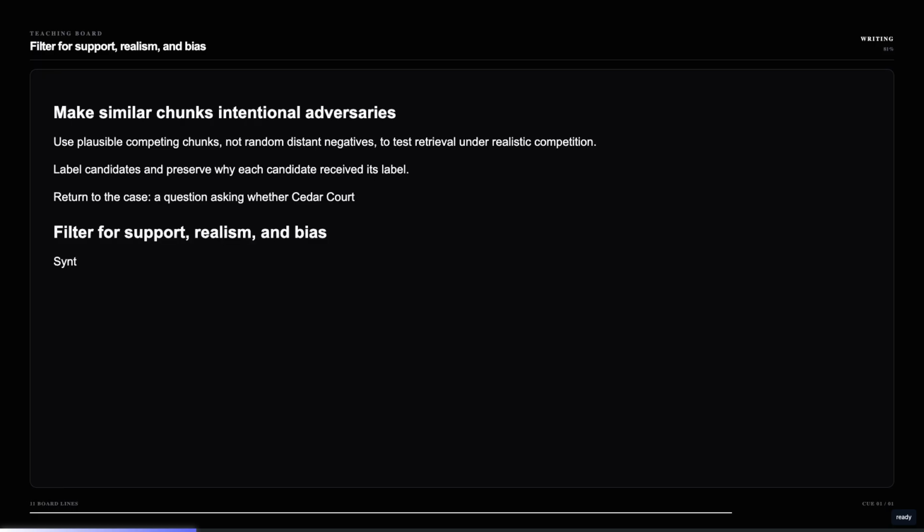Synthetic records need two different validations. Support validation asks whether the proposed answer follows from the cited source chunks and whether every material claim has support. Realism validation asks whether a person would plausibly ask the question, whether its wording is unambiguous enough to score, and whether it reflects the intended user population and task mix. A strong filter therefore checks: